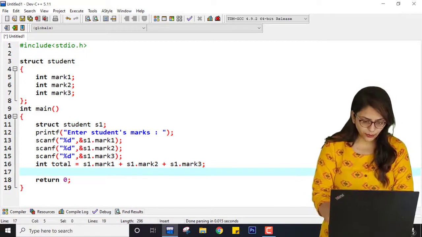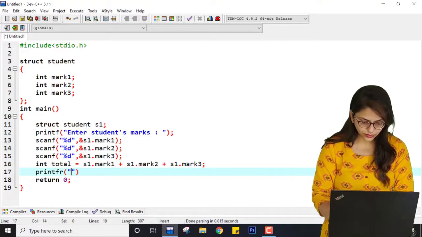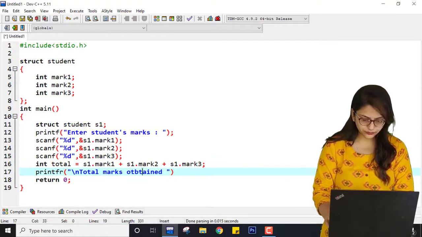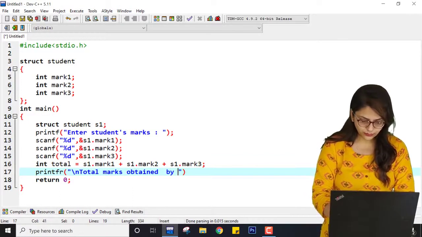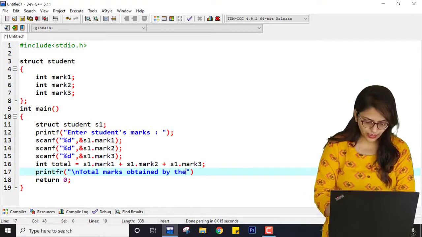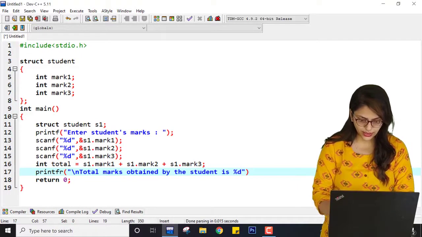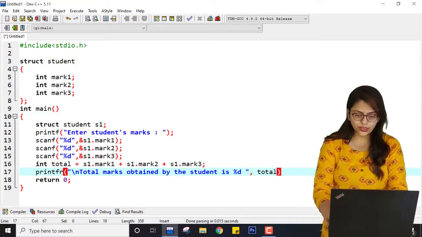At last I am going to printf, /n total marks obtained by the student is %d, and here you can write total, right? So this is the program.